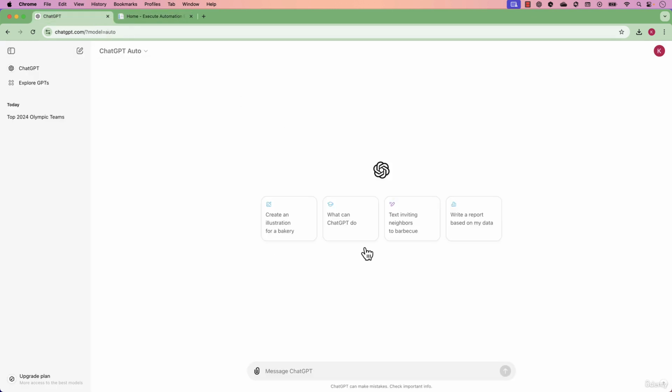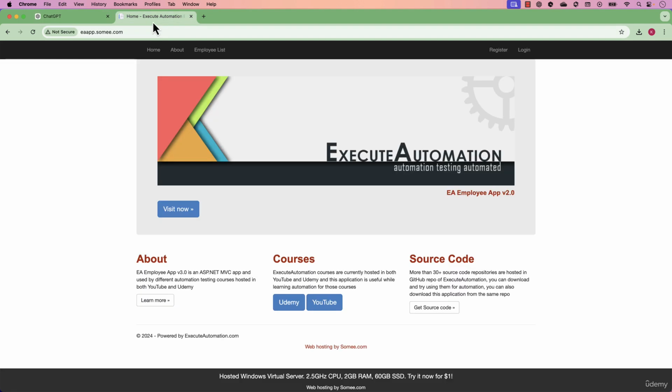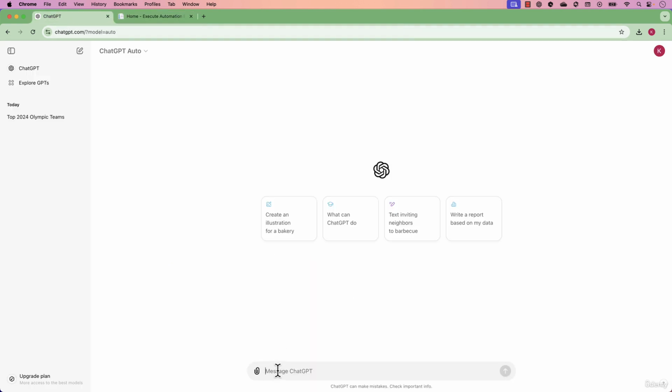that ChatGPT can understand what this page is and how it can write the manual test cases for this particular application, because it needs to have visibility of what page it is so that it can write the test cases for that page. So now let's say if I want to ask ChatGPT to do it, like let's say I want to say write manual test scenarios for the page